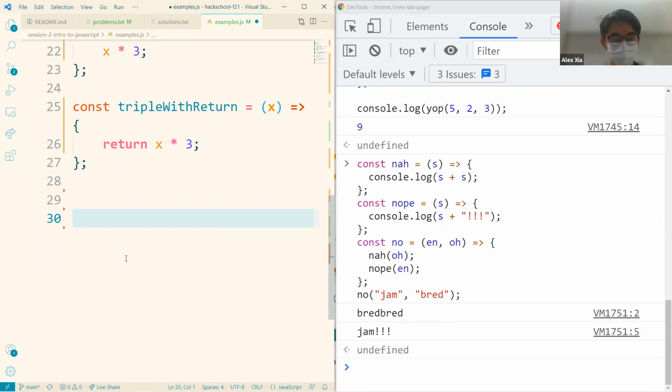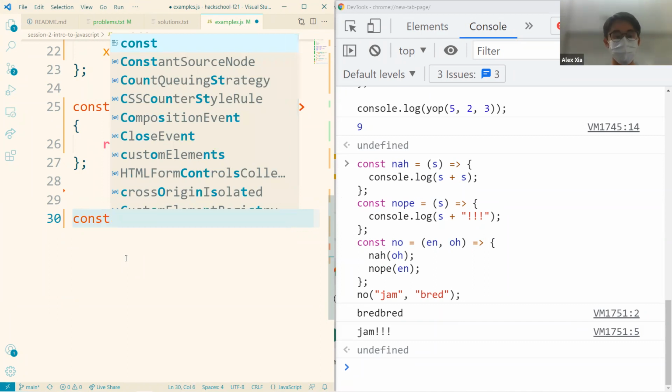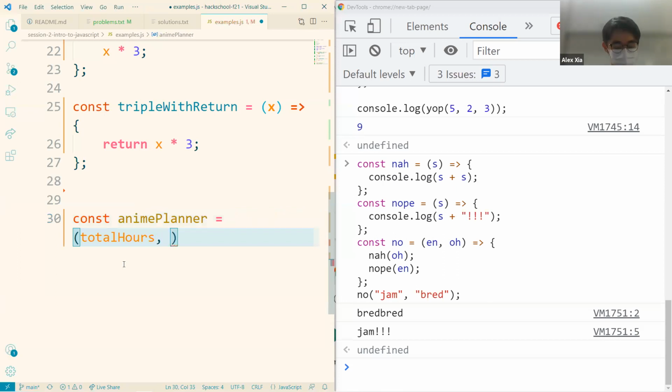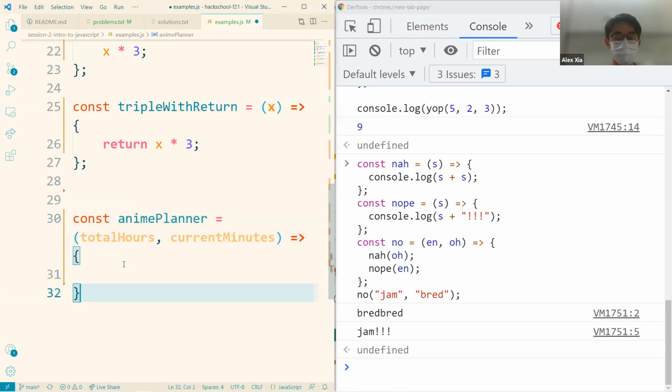So first, we need to define the function. We define const animePlanner equals, it takes in the total number of hours that I can watch anime a day, which is totalHours, and currentMinutes, which is the number of minutes that I've already watched anime today. Cool. And what should we do? How do we calculate it? Well, first of all,